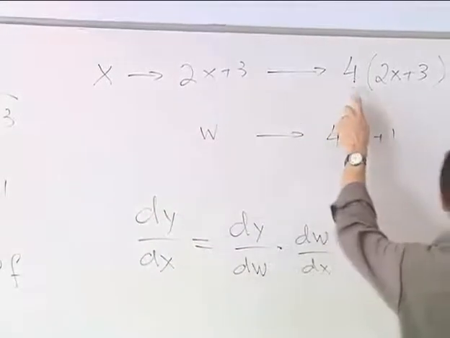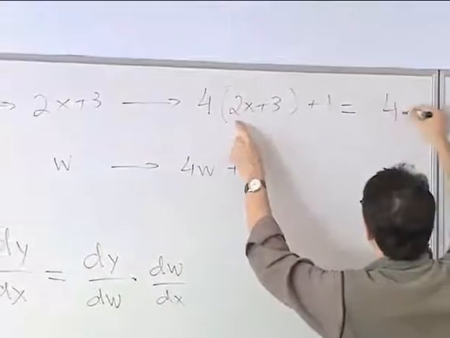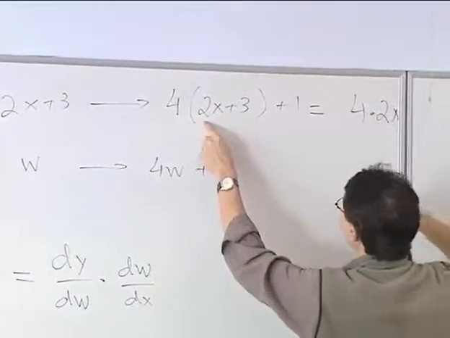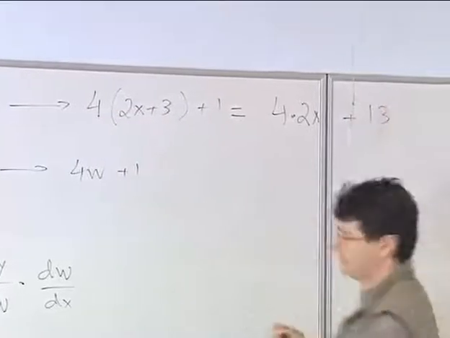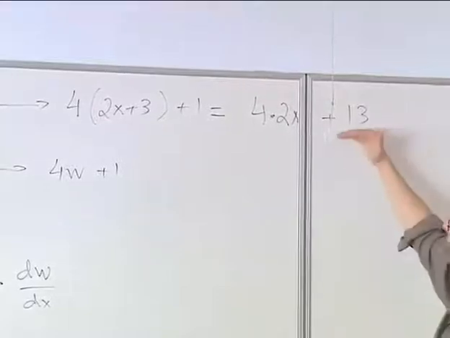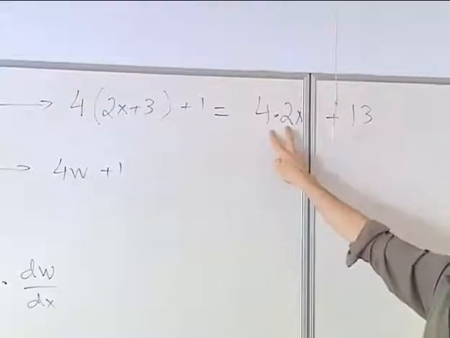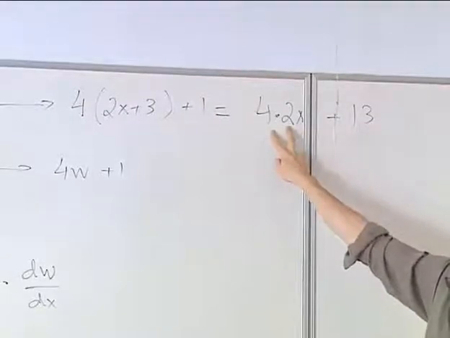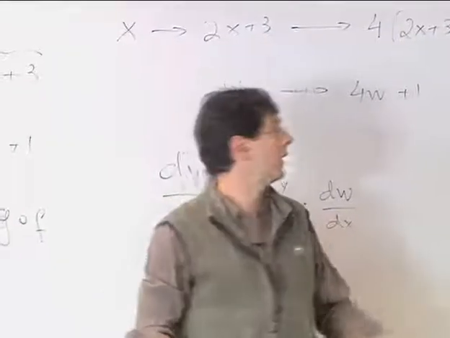I can do this one by hand. This one is 4 times (2x plus 3) plus 1. And this is a straight line. What's the derivative of a straight line? What's the slope of a straight line? It's 4 times 2. They multiplied, right? One of them was 4, the other was 2, and they came out